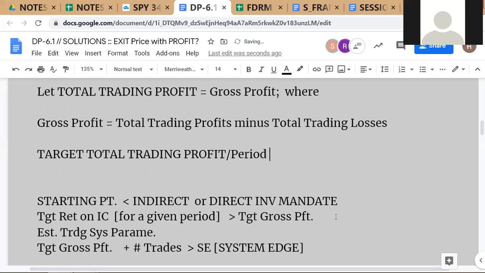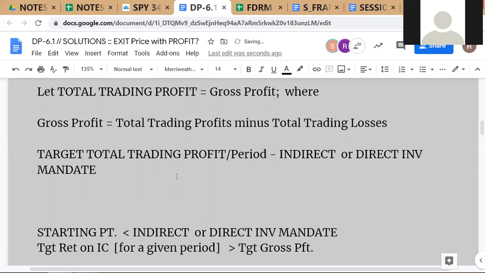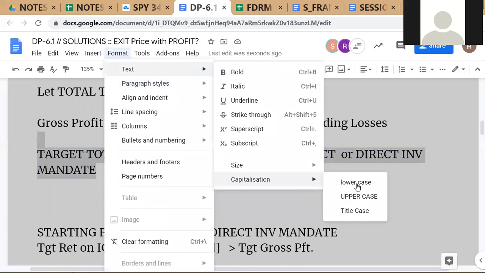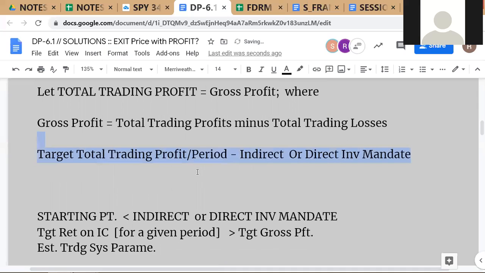Total trading profit per period, target total trading profit per period. Yeah, what we are going to say is target total trading profit per period. Let's try and make this a little bit so that it fits in one line. Let's try. Good. Now it's fitting here. Okay, so